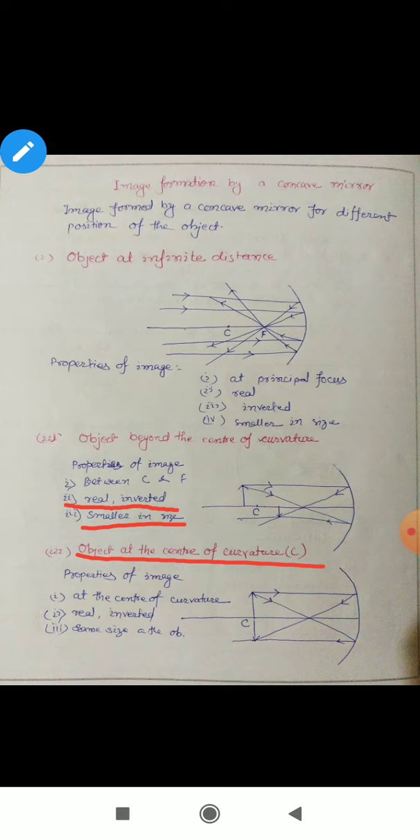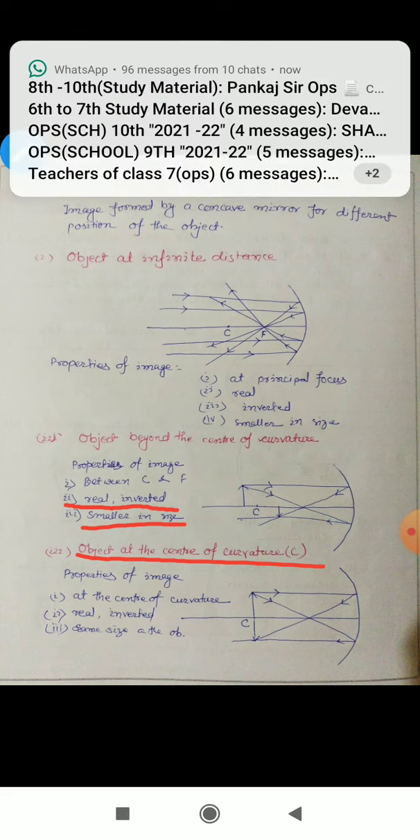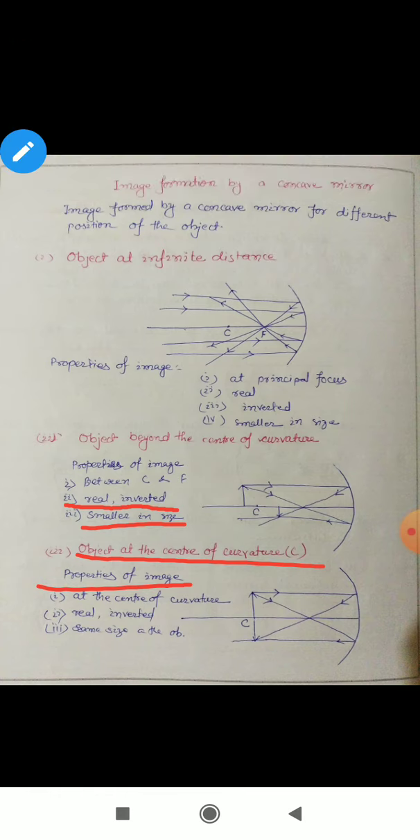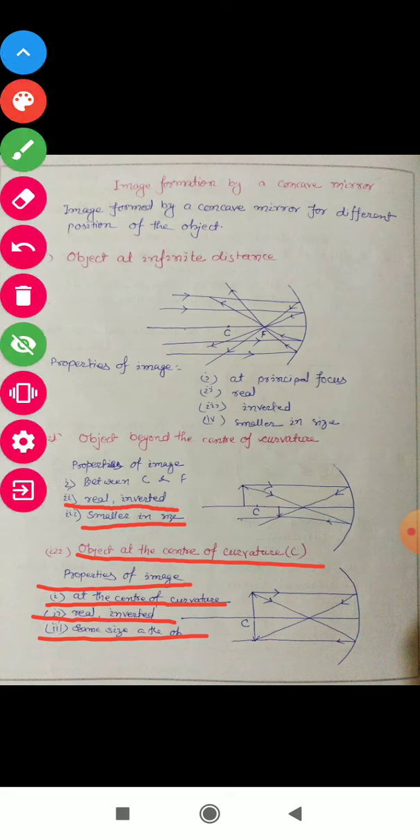So now we can see the properties of the image formed. First property, student, you can see, at the center of curvature. Second property, it is real and inverted. Third property, size of the image is same as the object. These are the different properties of the image when the object is at